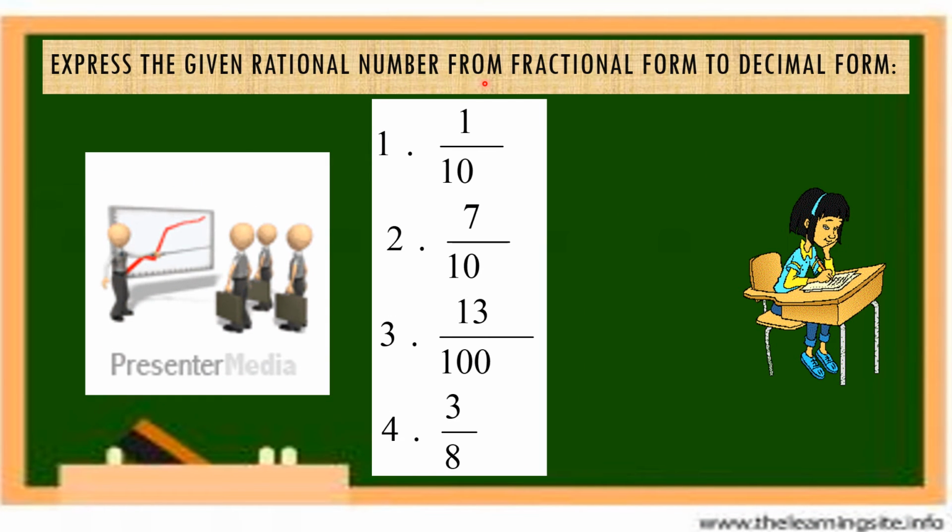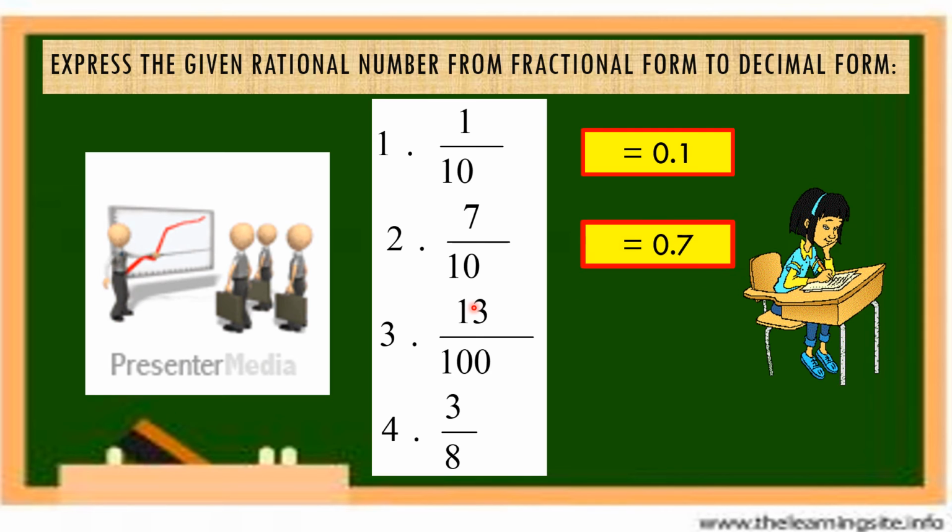Express the given rational number from fractional form to decimal form. Our first given is 1 over 10. 1 over 10 in decimal form is 0 and 1/10. 7 over 10 in decimal form is 0 and 7/10. 13 over 100 in decimal form is